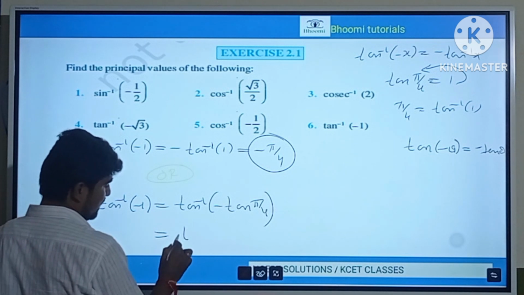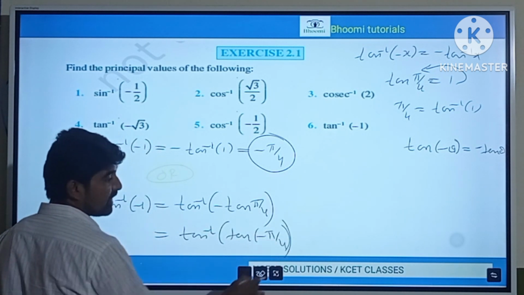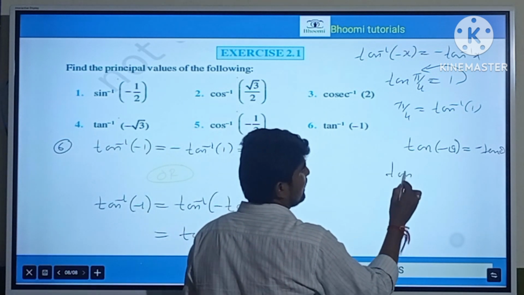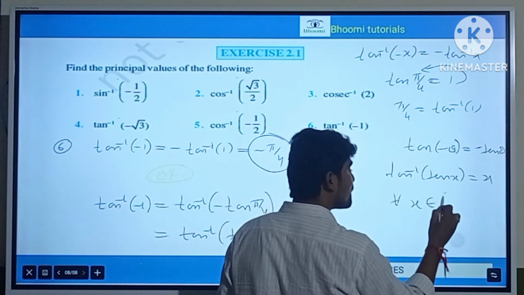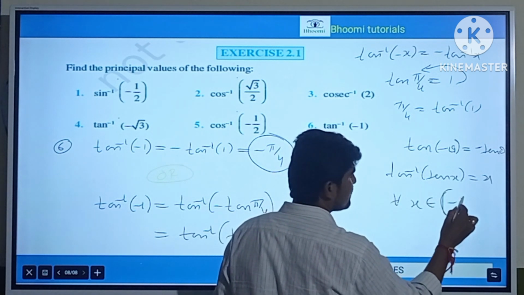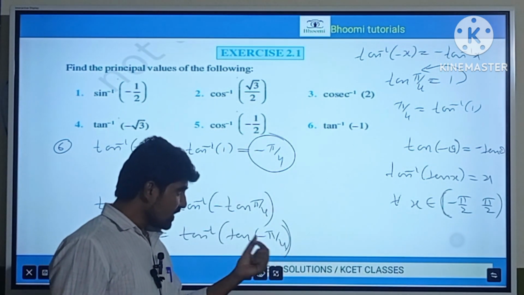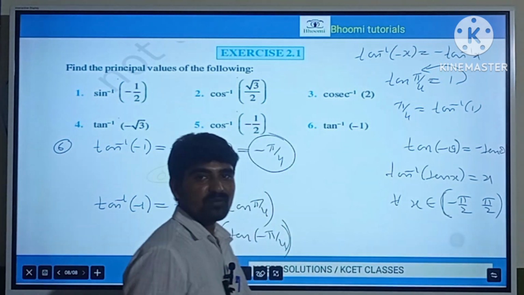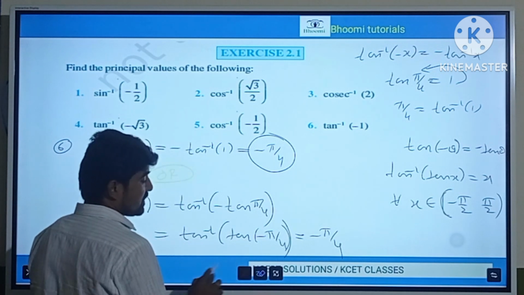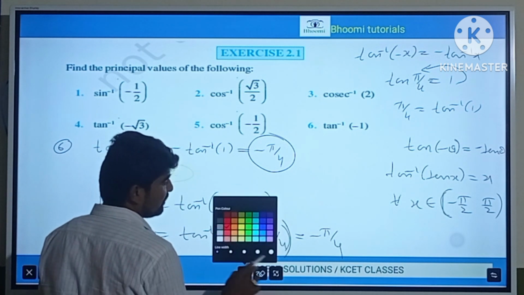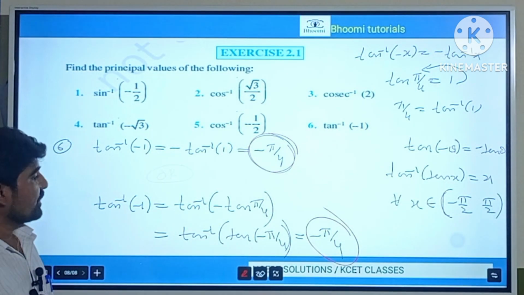Therefore, this can be written as tan inverse of tan of minus pi by 4. We know that tan inverse of tan x is equal to x for x belonging to the principal value branch of tan inverse, the open interval minus pi by 2 to plus pi by 2. Definitely minus 45 is inside minus pi by 2 to plus pi by 2. Therefore, this is equal to minus pi by 4. So you may solve by using either method, but you will get the same principal value for tan inverse minus 1. I hope all of you